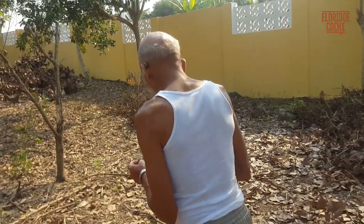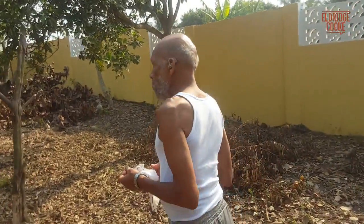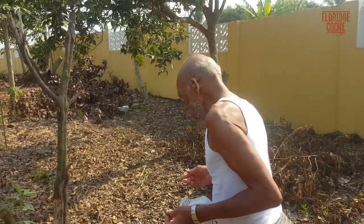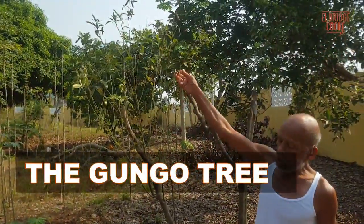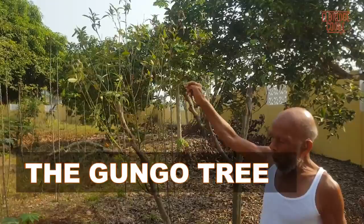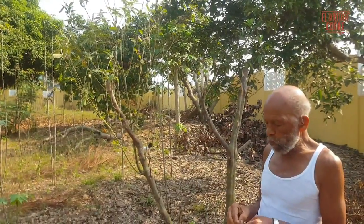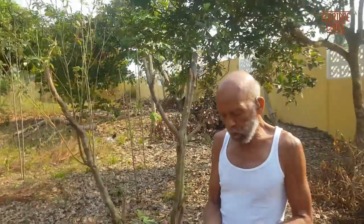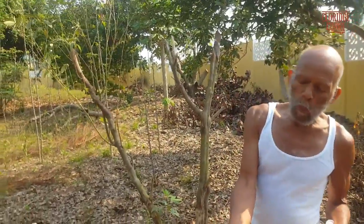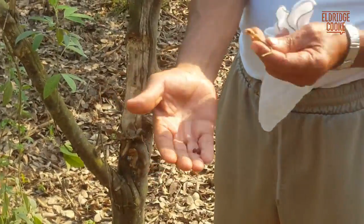So do we have any other fruits that we have not discussed? Or vegetables? This is a gungo tree. Okay. Gungo peas, what we would typically have with rice and peas, yeah? Mm-hmm. Okay, excellent. It's really good. Gungo peas. But the funny thing about this, if you look at this, yeah,